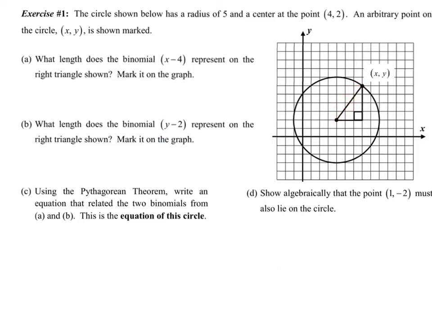So I'm going to go ahead and label that right now. We got a radius with a length of 5. Beautiful. Okay, and the center is at 4, 2. In other words, we went over 4 units, up 2 units. And then there's this arbitrary point on the circle. So assuming you started at the origin, you walked to the right x units, and then we walked up y units. Now they want us to recognize or identify the length that the binomial x minus 4 represents on the